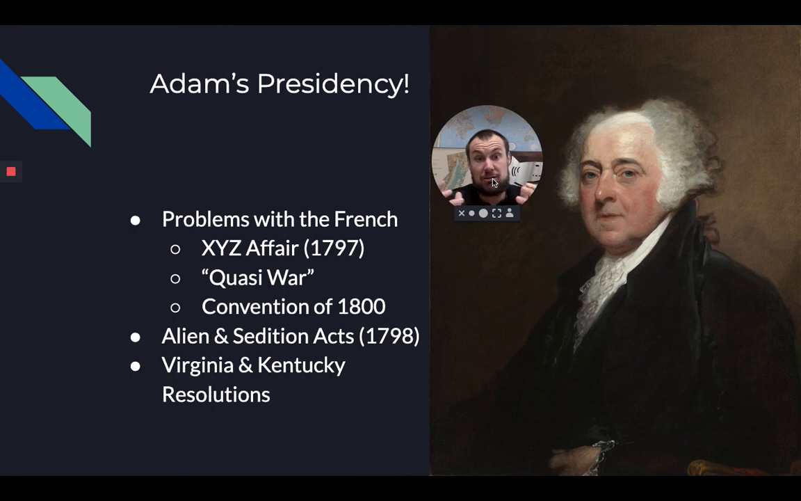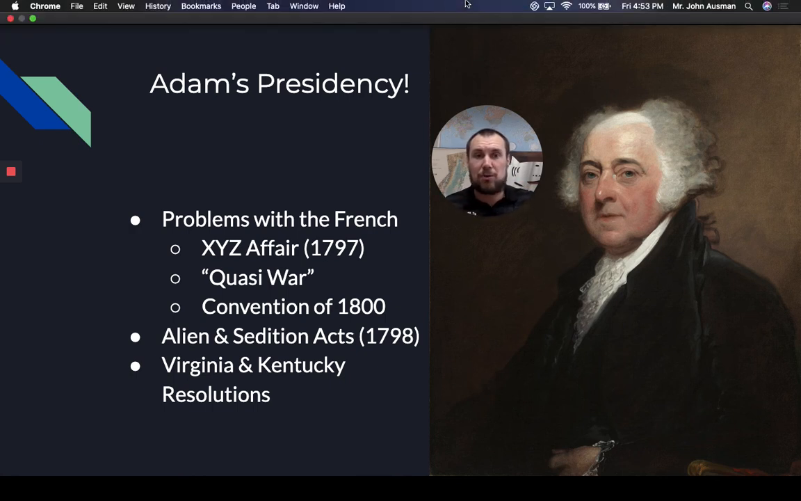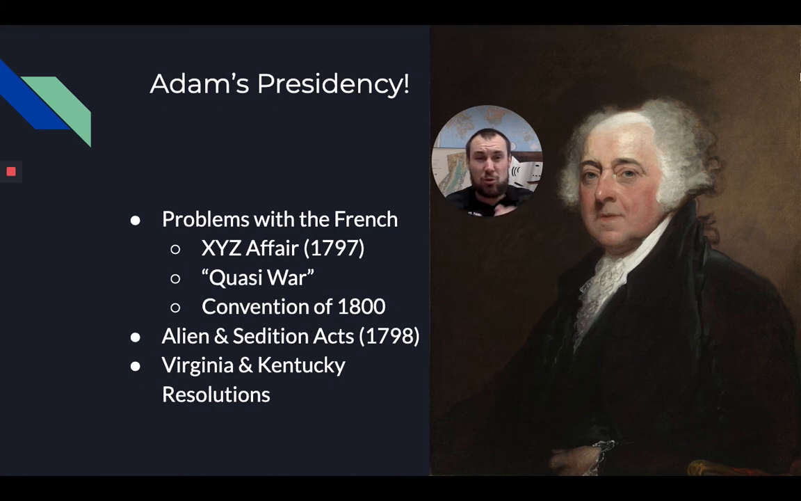Okay, it does nothing. It shows weak policy. We don't have a backbone. We allow basically the British to walk all over us, and it also doesn't help the French at all. And so there's a lot of tension there, and it's going to be escalated with what was called the XYZ